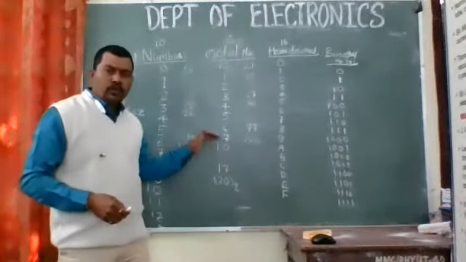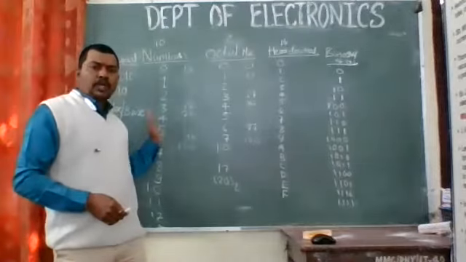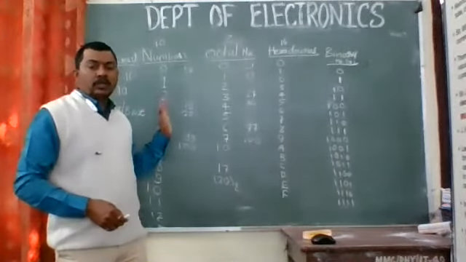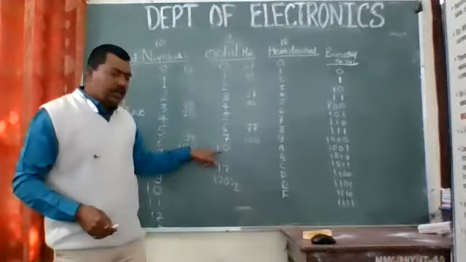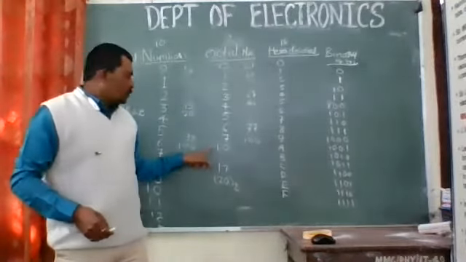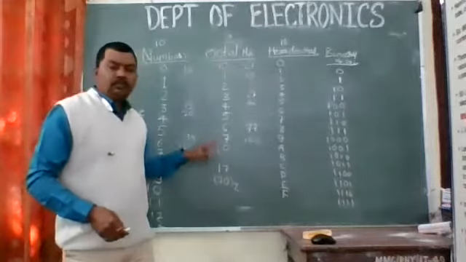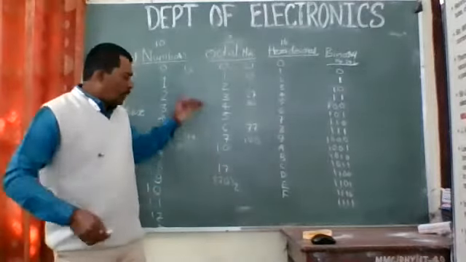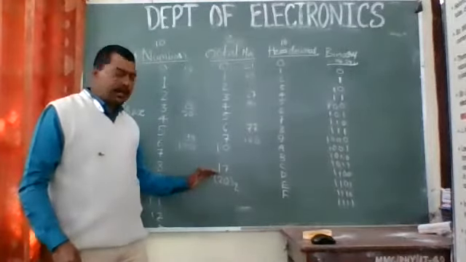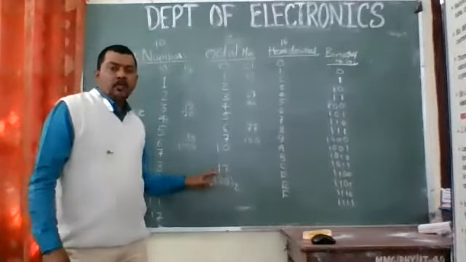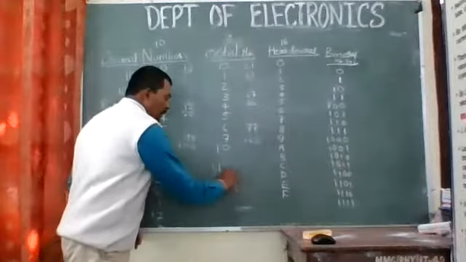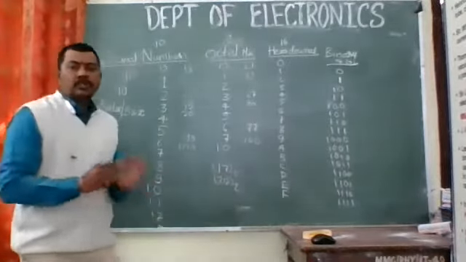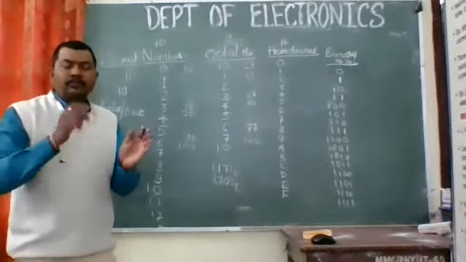And when it overflows, we'll follow the same procedure as we follow in the decimal number system. We'll put a 0 again, we'll repeat it, and we'll have a carry over there. So 1, 0. After 7, we'll have 10. Then if you go on further adding, it will be 17, with a base of 8, right? So every time we need to write that we are having a base of 8, so in a bracket we'll put 8.